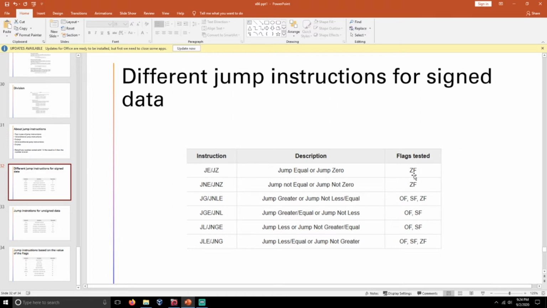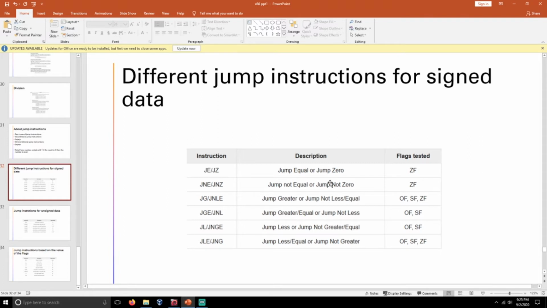The flag tested is ZF, the zero flag. JNE or JNZ: JNE means jump not equal. If the result is not equal to your intended output, then the JNE or JNZ instruction will get executed.